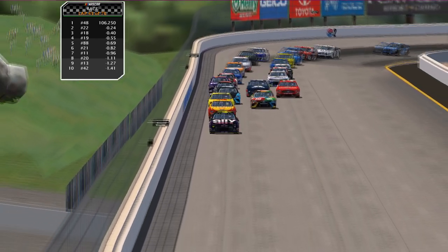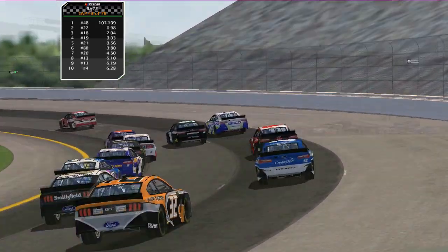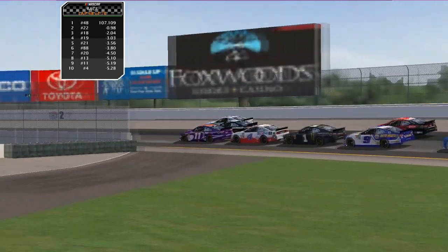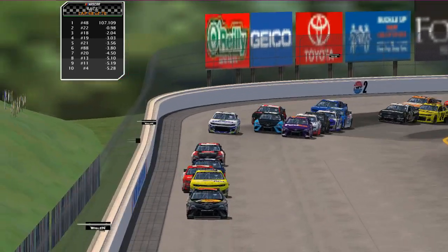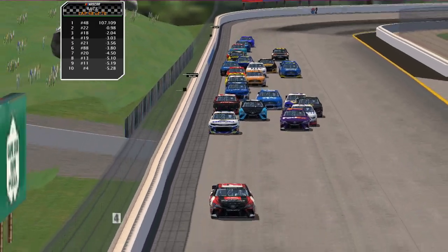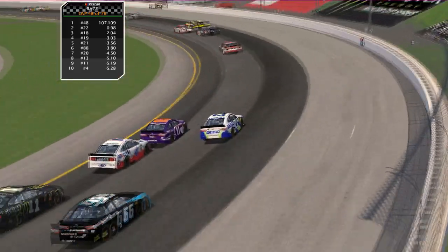And they're 3 wide further back, all dealing with traffic. And this time, we've got guys with new tires like Kevin Harvick looking there, stuck behind a 3 wide race for, I believe, 8th place between Denny Hamlin and Ty Dillon. And now Kevin Harvick can look to follow in the tracks of Denny Hamlin, hoping he'll get by the 13